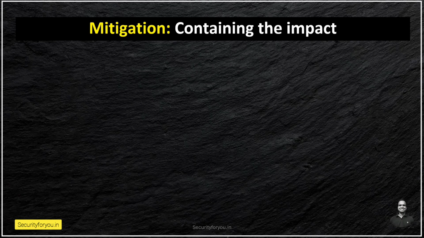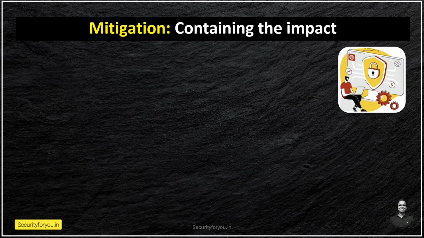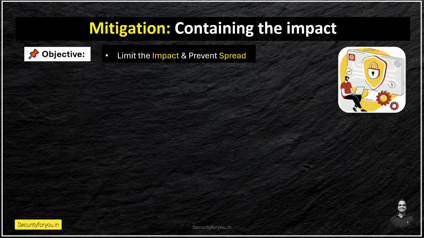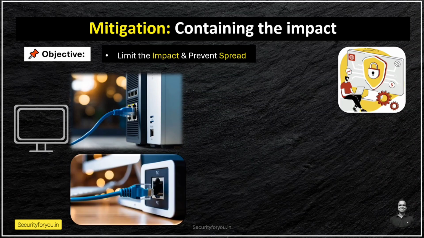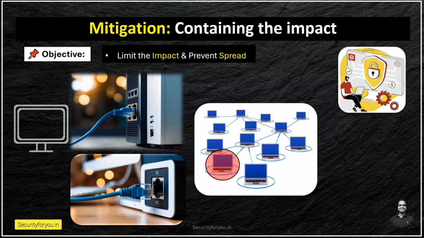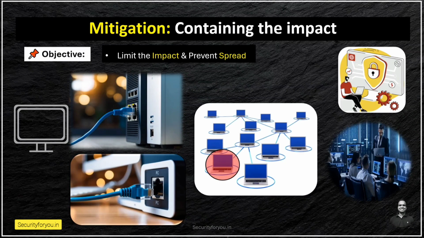Mitigation steps attempt to contain an incident. One of the primary goals of effective incident management is to limit the effect or scope of an incident. For example, if an infected computer is sending data out, a technician can disable the network adapter or disconnect the cable to the computer. Sometimes containment involves disconnecting a network from other computers to contain the problem within a single network. Because when the problem is isolated, security teams can address it without worrying about it spreading to the rest of the network, right?